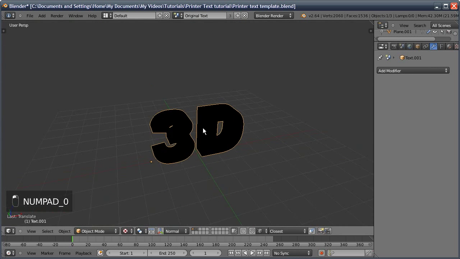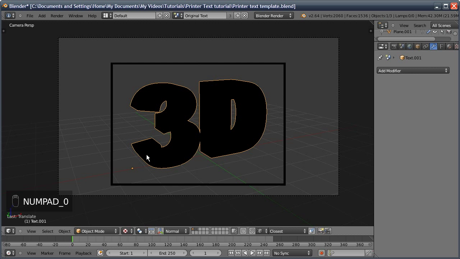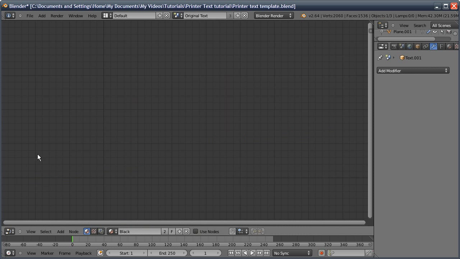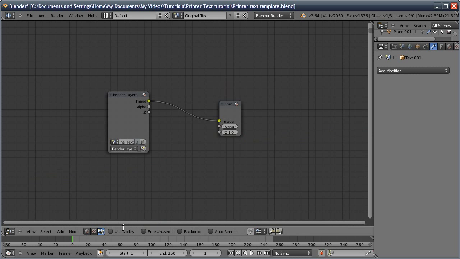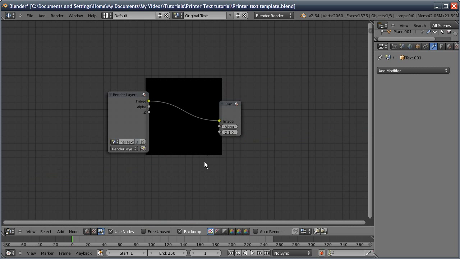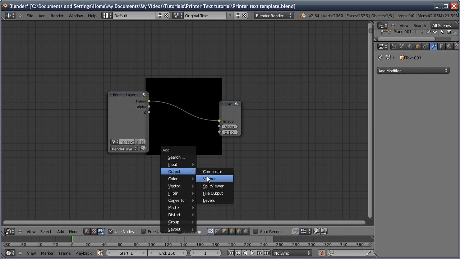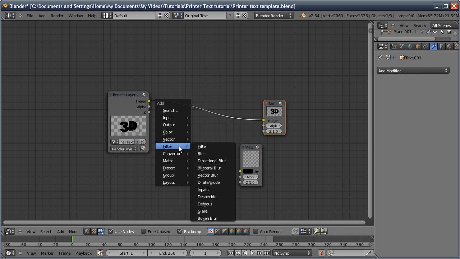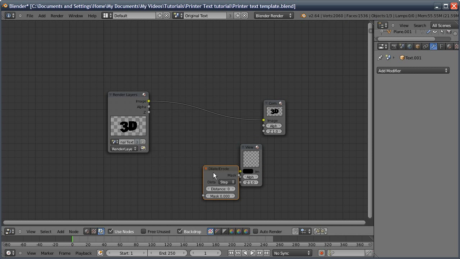And so we're going to have two separate images. We're going to have this one, which is going to appear as the printed image, and then we're going to alter this and use that image for the displacement. And to do that, I'm going to go into the compositor, in the node editor, compositing, use nodes, and backdrop, Shift A and add an output viewer, and then Shift A, filter, dilate and erode. Link this up to the viewer,